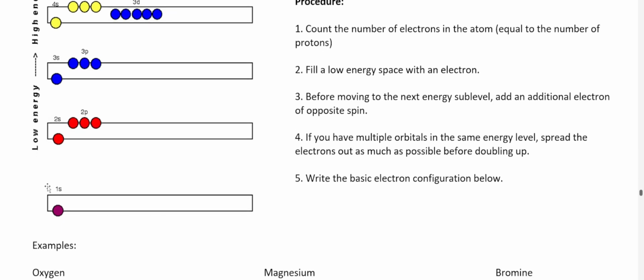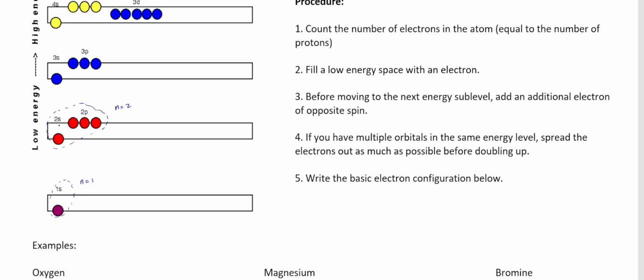So in the first energy level, when n is equal to 1, right here, remember that we only have one subshell, and that's the s subshell. The s subshell only has one orientation in 3D space, and therefore it only has one orbital. That orbital can fit 2 electrons, and so the first energy level can only fit 2 electrons. When we go up to n is equal to 2,